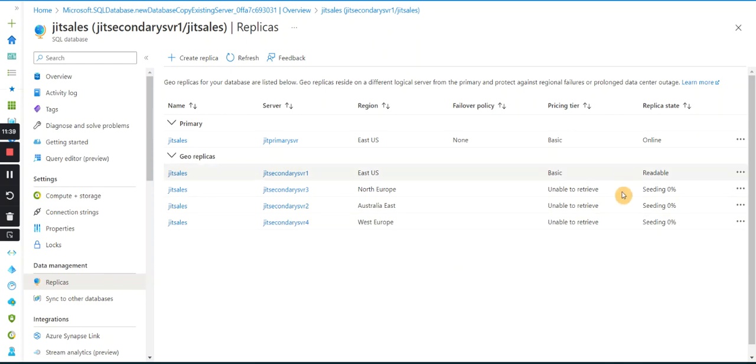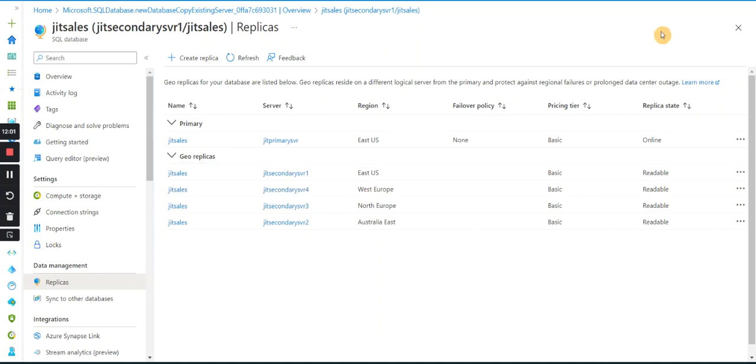So let us wait for the seeding process to complete. Okay, the seeding process is completed, and now each and every replica is in readable state, right? So this way you can set up a geo replica. Now for our primary server JIT database, we have four different